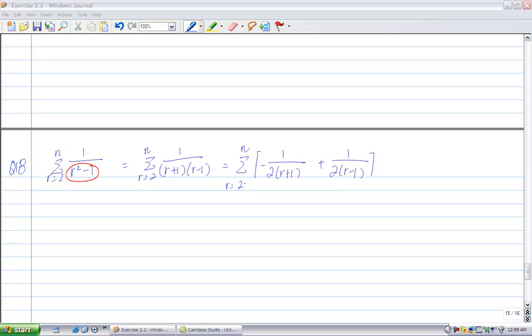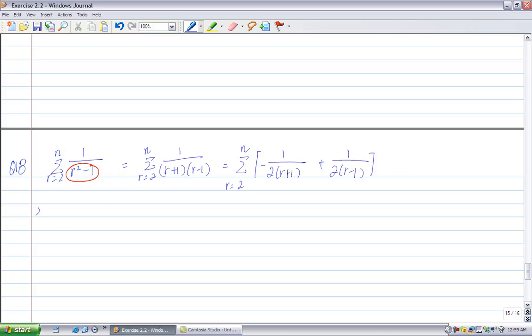Now you notice that you need to sum up two terms, which looks like a question for method of difference. So for method of difference, first of all, you need to define your A_r term. Natural choice. Over here you got half r plus 1, negative half r plus 1, and half r minus 1. So the natural choice for your A_r term would be,